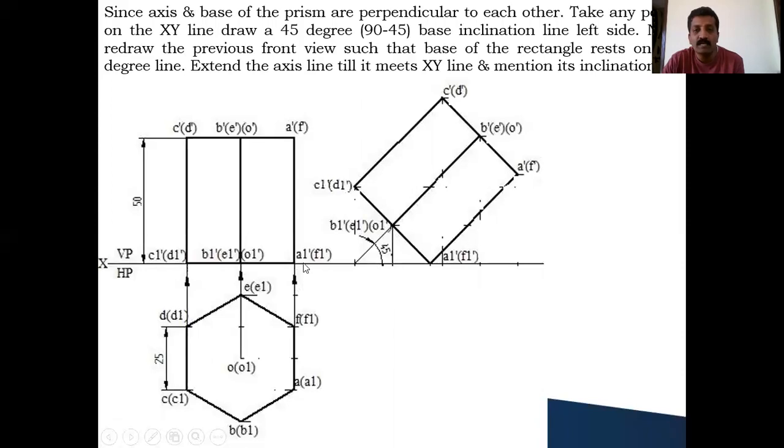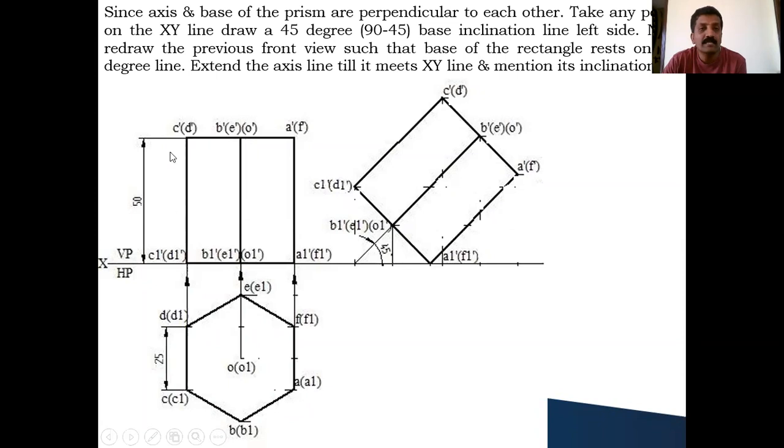The point which I have taken, I will call it A1 dash and F1 dash. After drawing this 45 degree line, take this base length A1 to C1. This length you take from this as the center, you cut it here. Transfer the corresponding points also. Join this, and also from here to this distance you take from 1 dash, mark it here and transfer these points also here. After this, what you have to do to get the rectangle: from all these 3 points you draw the perpendicular line like this, 90 degree with respect to your 45 degree line.